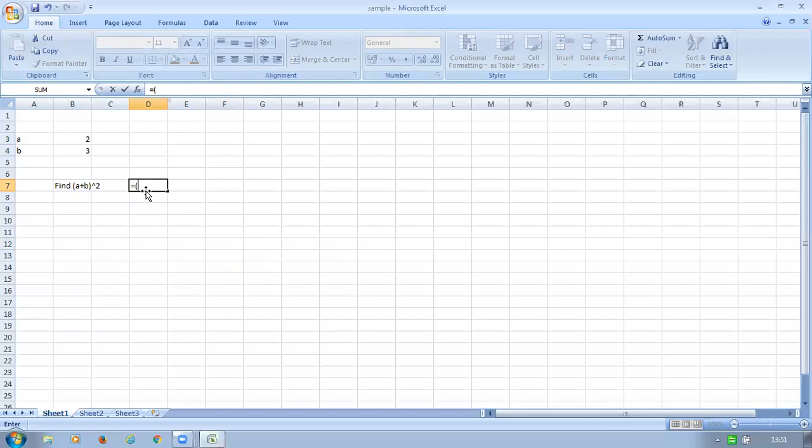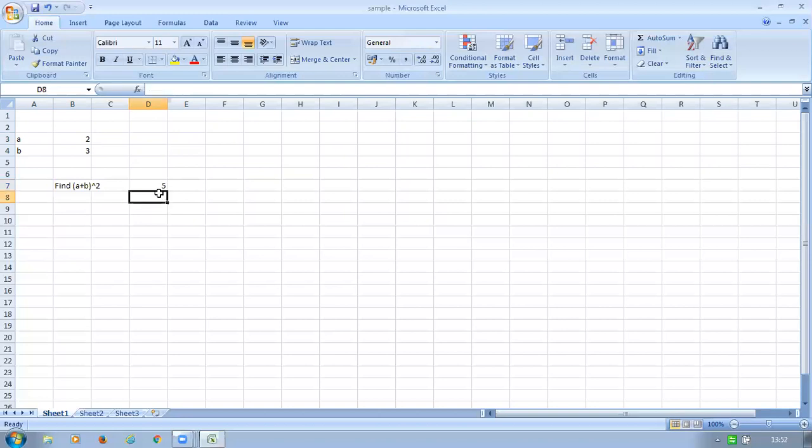Okay, then what bracket is there? So 2, or otherwise you can just click on the cell. Okay, it is taking that B3. B3 means this cell which I am clicking on, because the value lies in this cell, right? That's why I'm clicking on this cell. So next plus, the B value lies in this B4. So I just click on this and close the bracket, just enter. So I got 5. Okay.